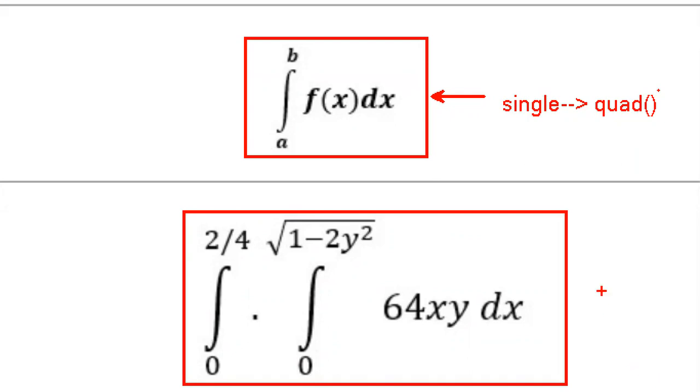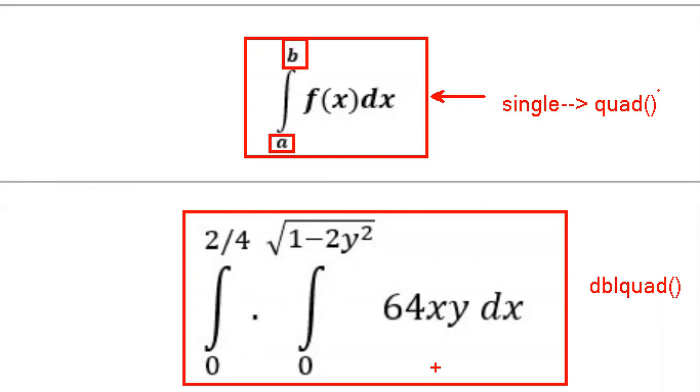You just remember these two functions. How to perform all those operations we'll discuss now. Let us consider this as my function. On this function I want to perform integration. This a is my lower limit and b is my upper limit.